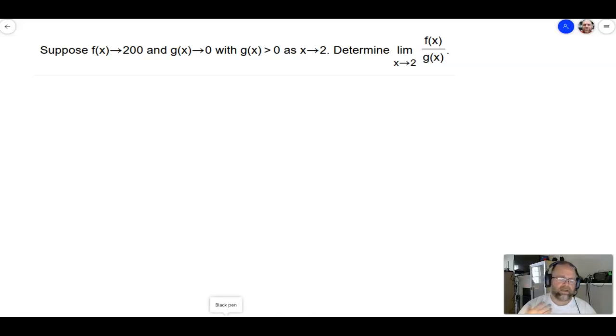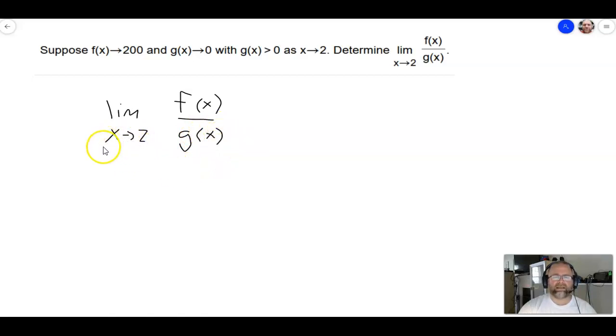So this is kind of a conceptual question to see if you really understand the idea of a limit. Let me write this out and then tell you a couple of different ways that you can take a look at this and solve this. So we have the limit as x approaches 2 of some function f of x over some function g of x. It's saying as x gets closer and closer to 2, f of x is getting closer and closer to 200, and g of x is getting closer and closer to 0, with g of x staying